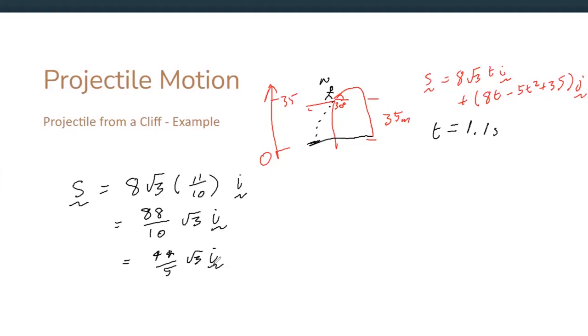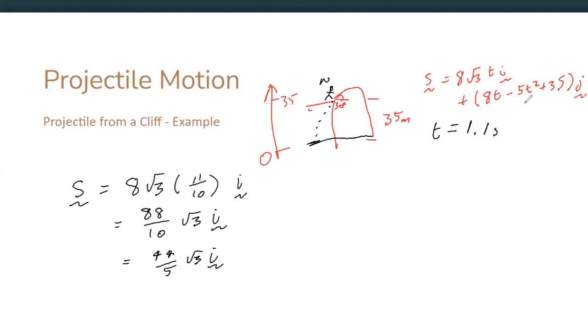So usually it's the range, which is going to be given by your time of flight on your horizontal component, or it's going to be your time of flight, which is given by your vertical component when that is equal to 0 when it hits the ground. Or you might be asked to find the maximum vertical height. And the way we find the maximum vertical height is we go back to the velocity, and we want the vertical component of the velocity to